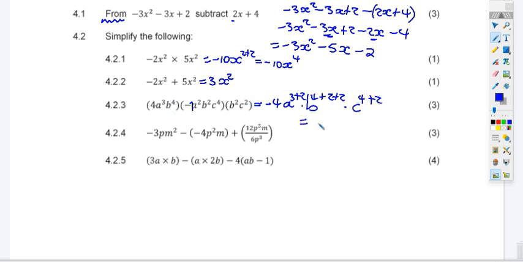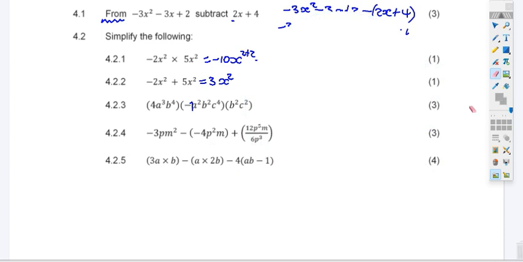So the answer there will be negative 4a to the 5, b to the 4 plus 2 is 8, and then c to the 6. That is the answer there. But now I have to clear my space. And then the next question,